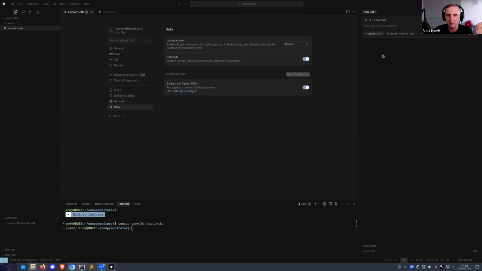Okay, so this is an overview of the configuration, but also how you work with it. I mean, you have this window here, and you basically type whatever you want. You can add things to context, like files from your directory. We are in an empty directory right now. You can add documents, so tell it to look at a certain set of documentation. You can work with Git directly.